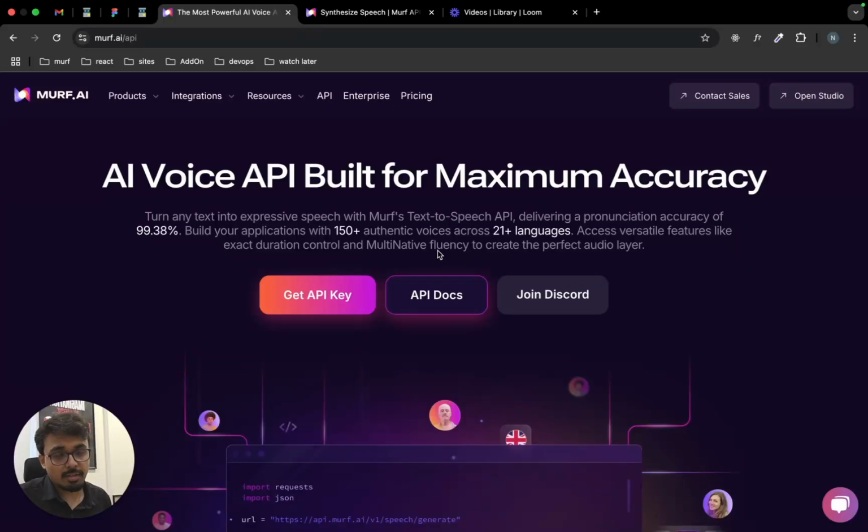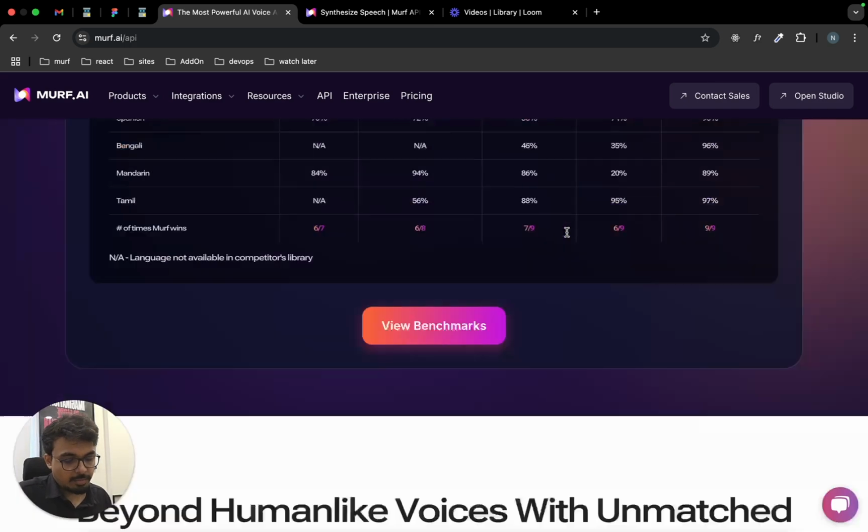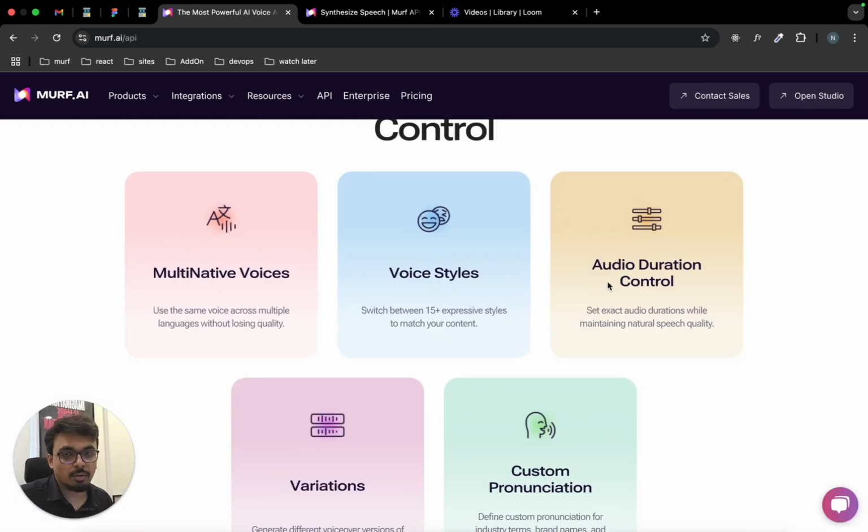We can also customize the voiceovers. Murf supports 150-plus voices across 21 different languages, with a bunch of powerful features like audio duration control, voice styles like conversational, narrational, promotional. You can also add natural pauses anywhere in the script or change the pronunciation of words. You can generate multiple variations for your voiceovers, or, cherry on the cake, the multi-native voices that can speak in different languages. All of these features are supported by Murf API and hence are supported by the MCP server, which is,